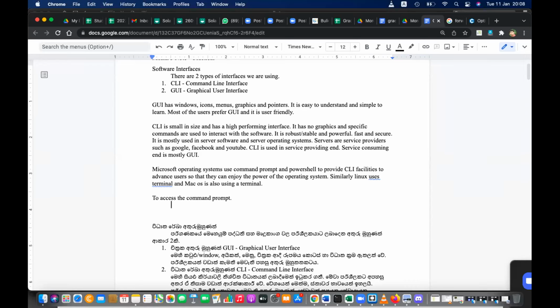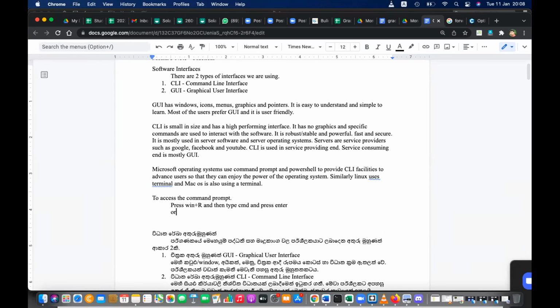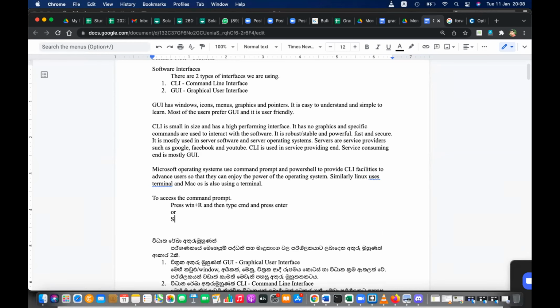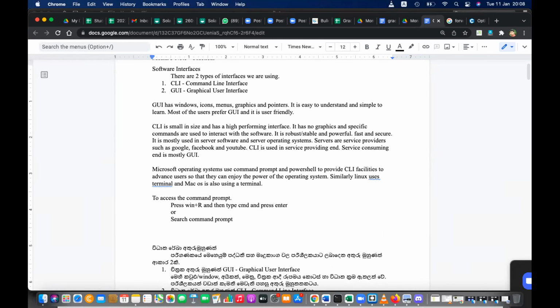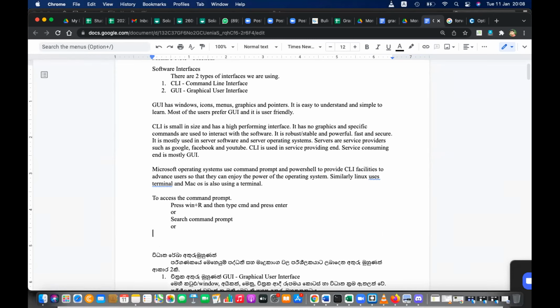To access the command prompt, press Windows key with R key and then type CMD and press enter. Or search command prompt. Or open the Explorer.